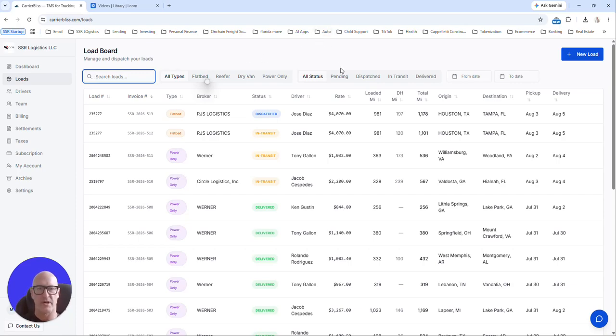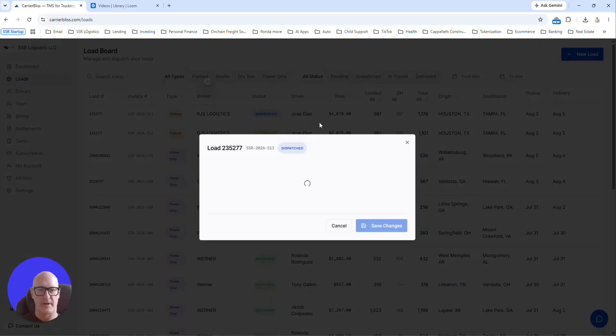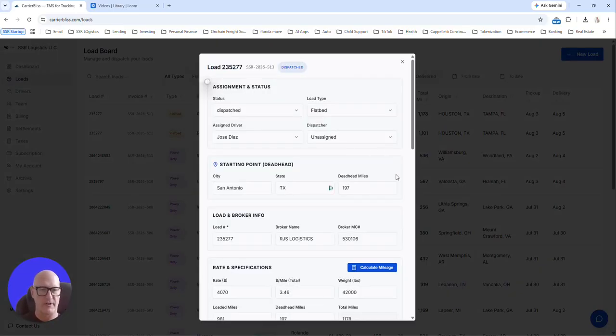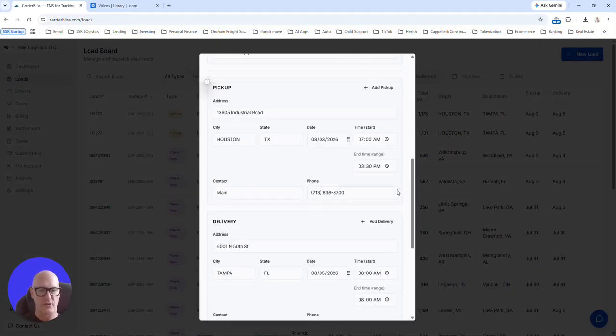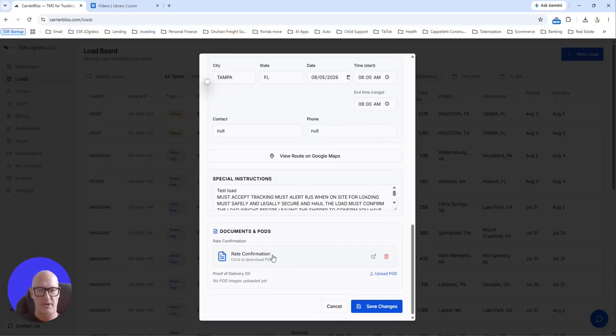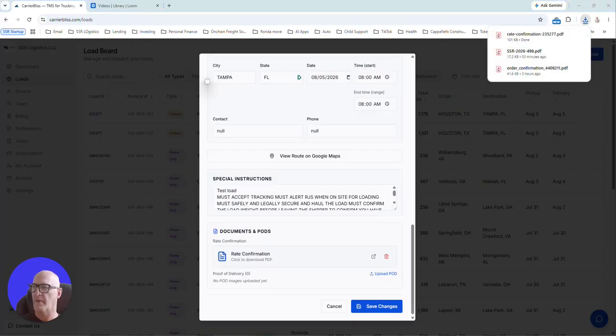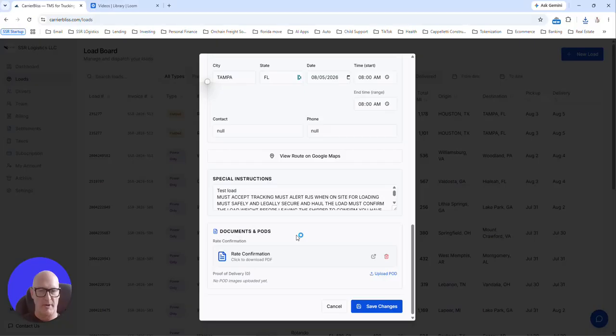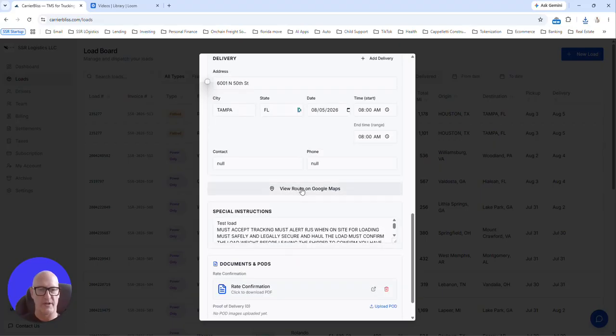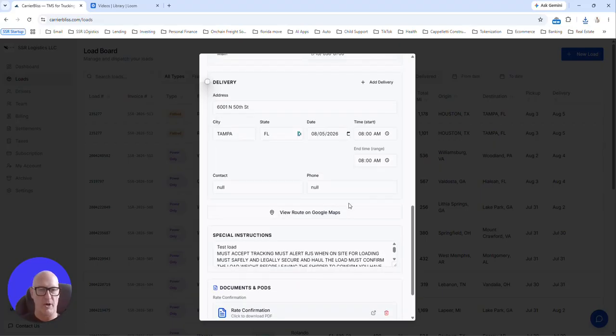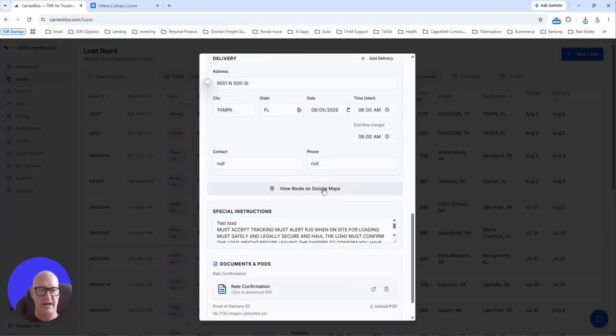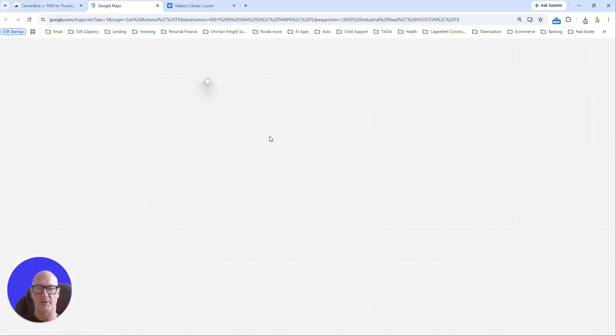What other thing you should know on the load data is a couple very useful things. Scroll here to the bottom of the load. You can view your rate confirmation by clicking here, and it pops up. Another thing you can do is look at the route details. This has all the route details, including the deadhead. It opens up your Google Map,